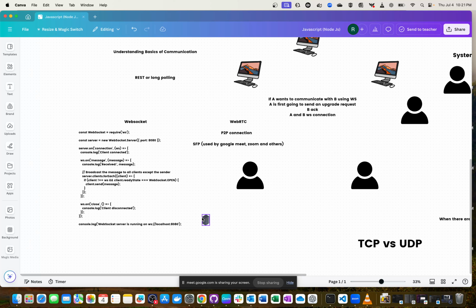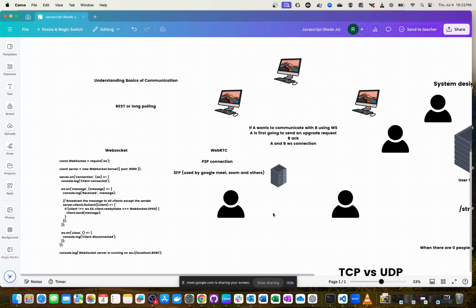That router creates a public IP address for you, and inside that router there are instruction sets written which map your private IP address to a public IP address. Whenever you are polling google.com and getting back an IP address, when google.com wants to send you information, it's going to send